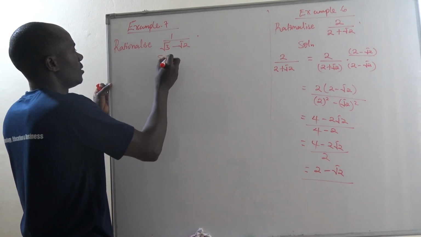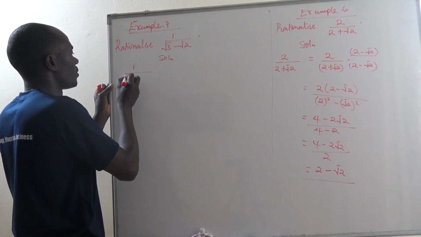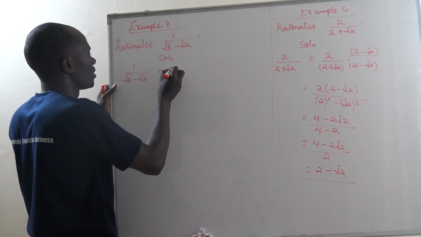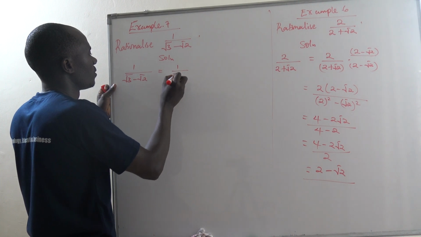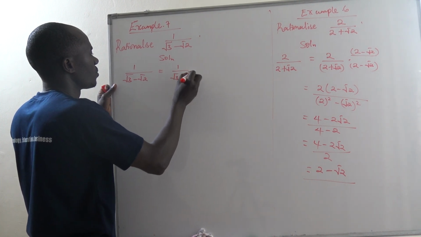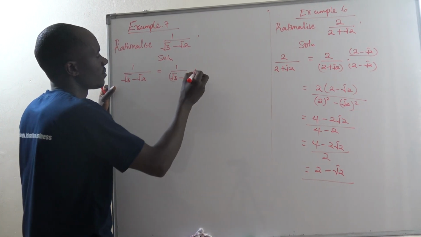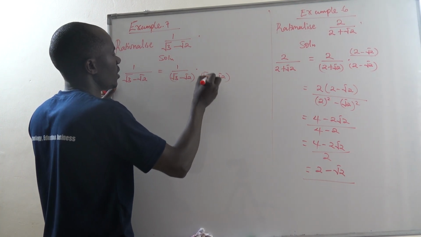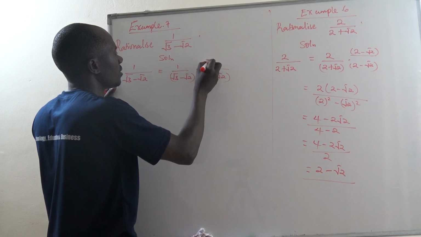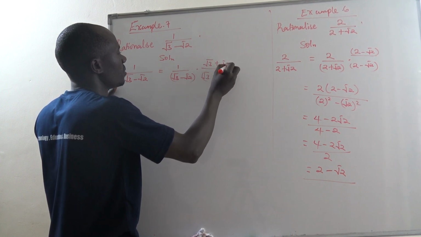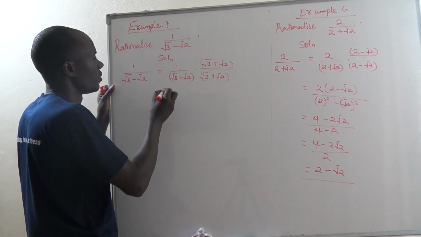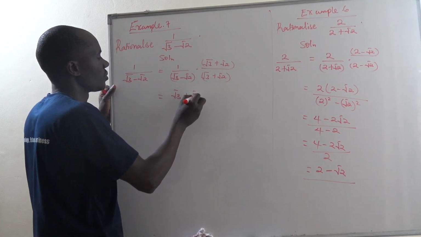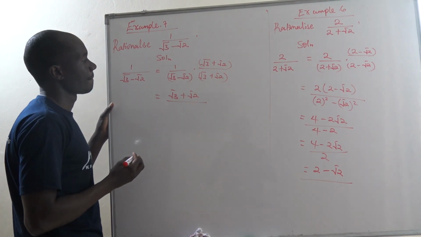Our solution: 1 all over root 3 minus root 2 equals 1 over root 3 minus root 2 times root 3 plus root 2. What you do down, also do it up. Root 3 plus root 2. We go on. 1 times that remains as root 3 plus root 2 all over